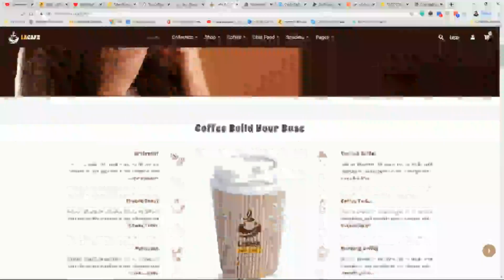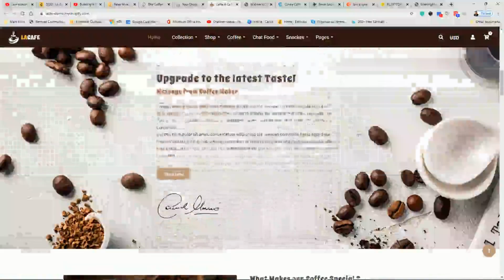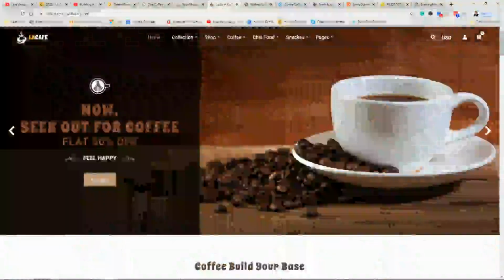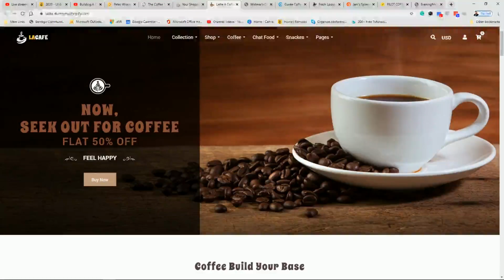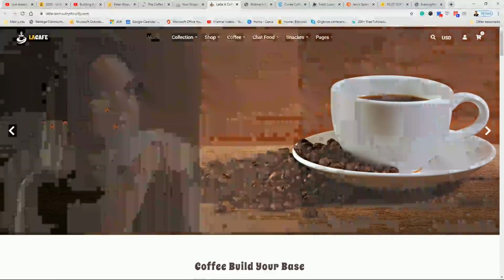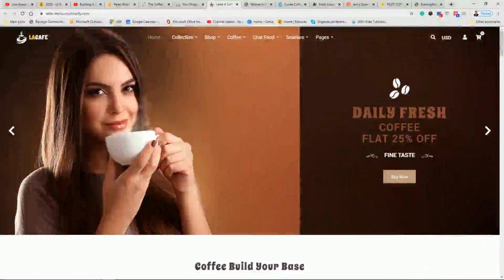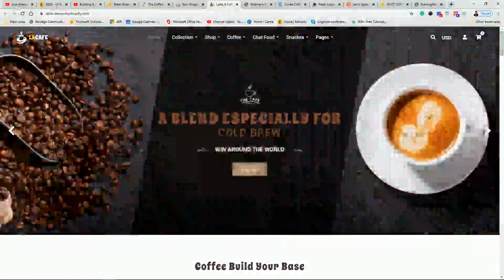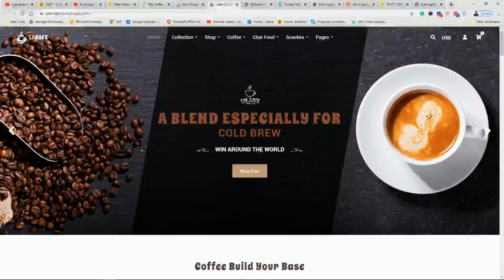Here's another one, which is called La Cafe. The reason I like to look at the templates is because somebody has done a lot of work, because they obviously want to sell the template. So somebody has done a huge amount of work, though I'm not sure if this is the kind of image that I'd be going for. It's a bit too glam. It's been retouched to hell. I prefer coffee and coffee beans. I think if you have a look at the demographic of our audience, you will find that most of them